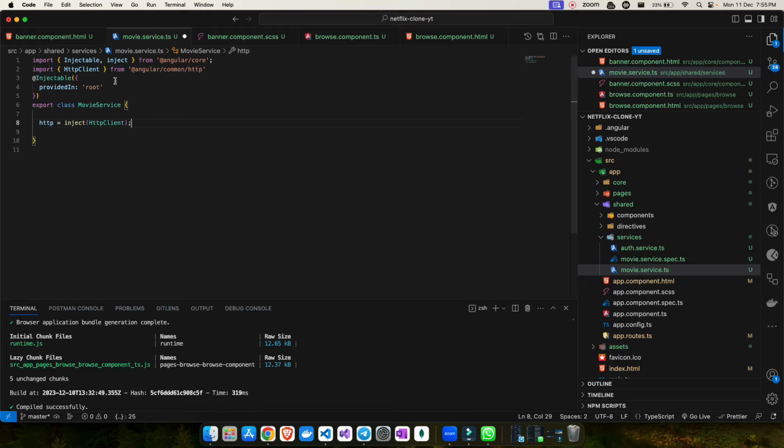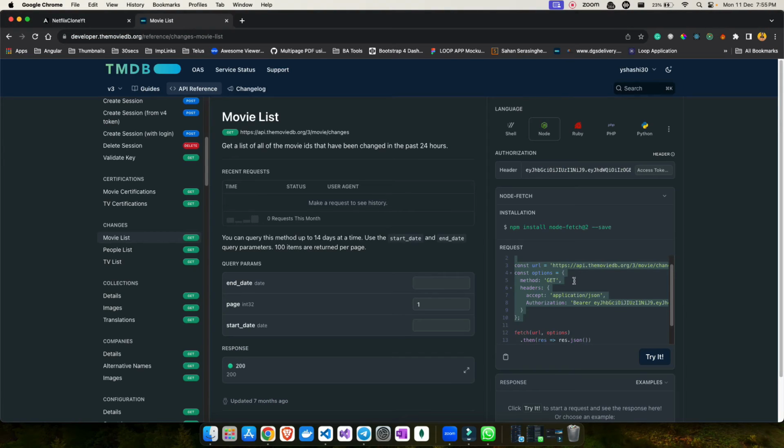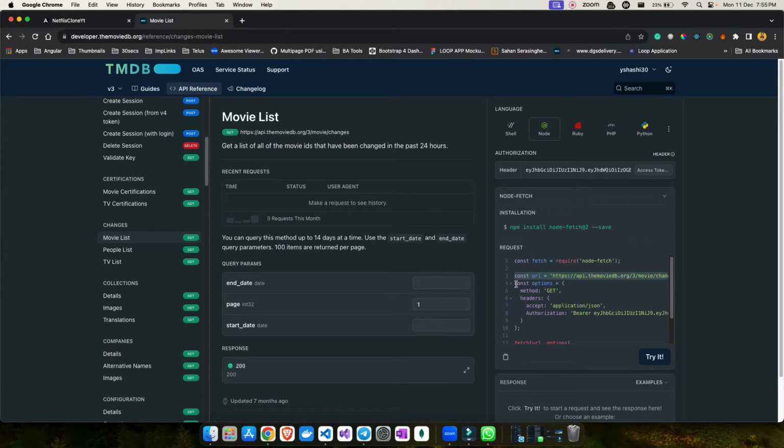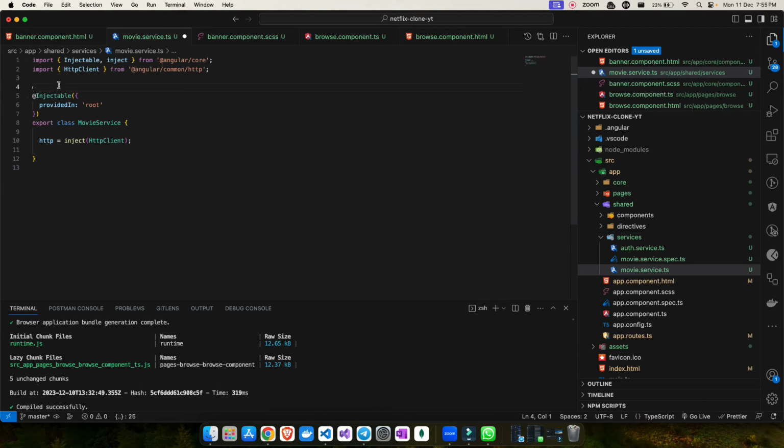But before that, to do the API call to this TMDB API, we first have to create one option. Whenever we are doing the API call, we are creating the API endpoint, and we are creating an option. Once you have logged in successfully, you will get your token by default, so that you can do the API call here. I have already done this, so let me just show you how to do that.